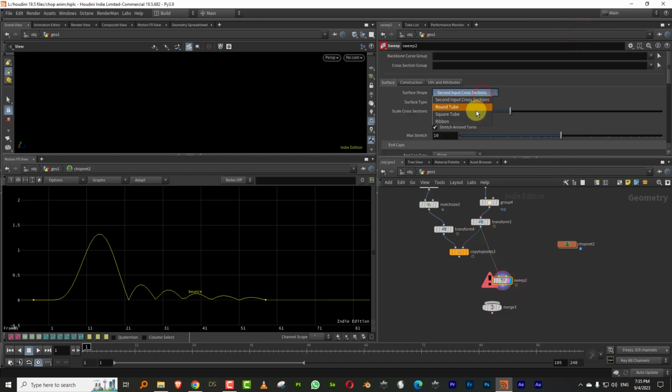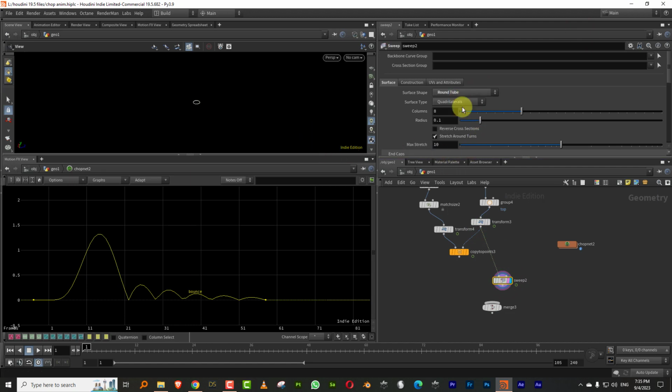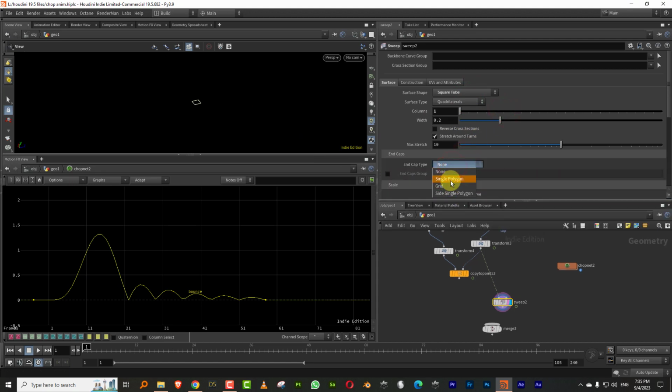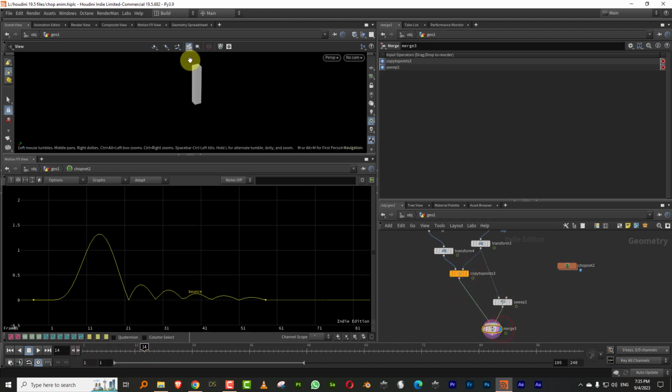And this will be square tube. Square tube, and we don't want any segments. And let's just keep this to single polygon. So we get this. So if we merge these two together, what we'll end up getting is,